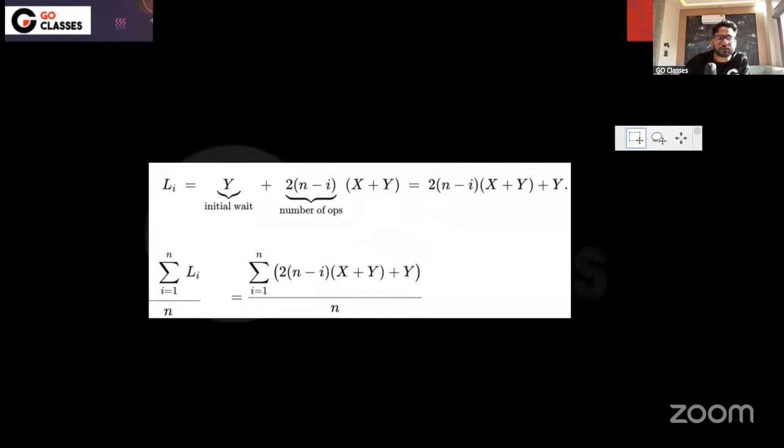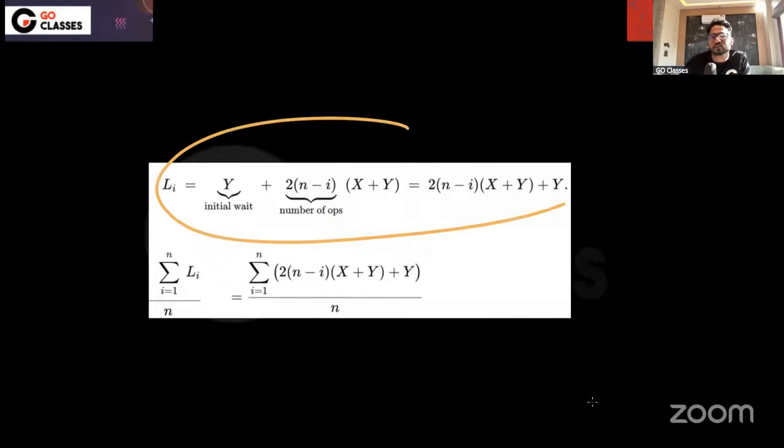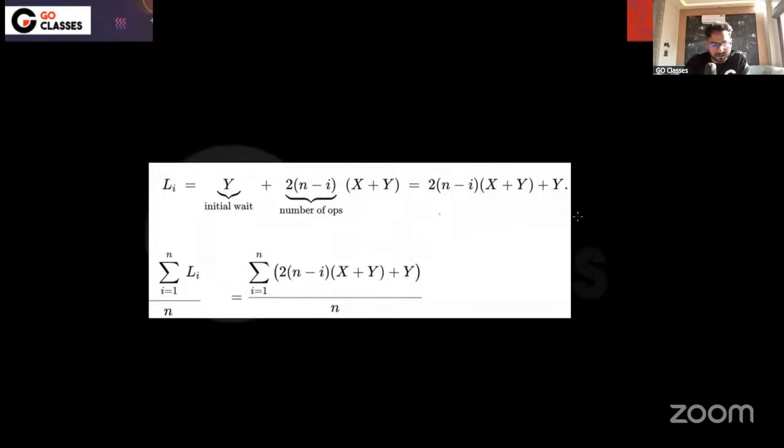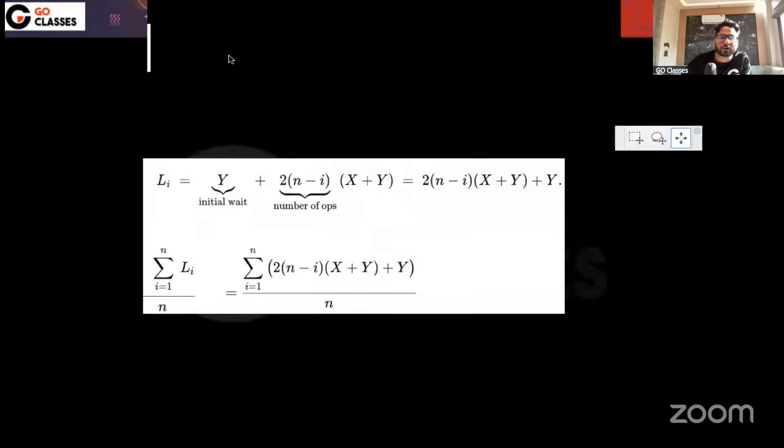Stack life for the ith element is this. Now they are saying average stack life, which means you can just take the average of this. That's not very tough.